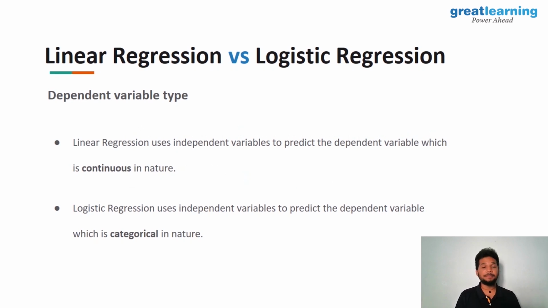The first thing is the dependent variable type. As we already saw, in the case of linear regression, we try to use these independent variables to predict what happens to the dependent variable, right? But did you know that the dependent variable has to be continuous in nature for us to use linear regression? Well, in the case of logistic regression, this is a little different, because here you can also use a categorical variable to be the dependent variable,